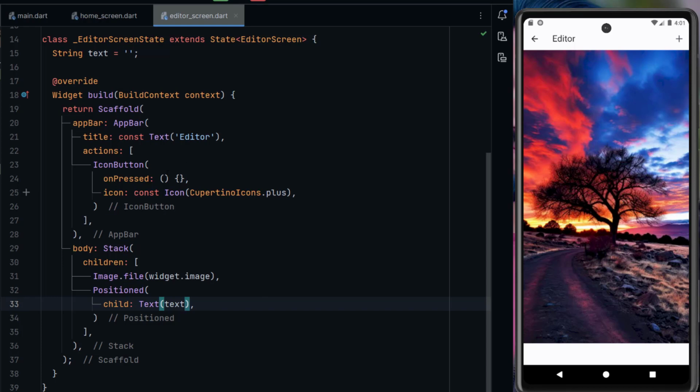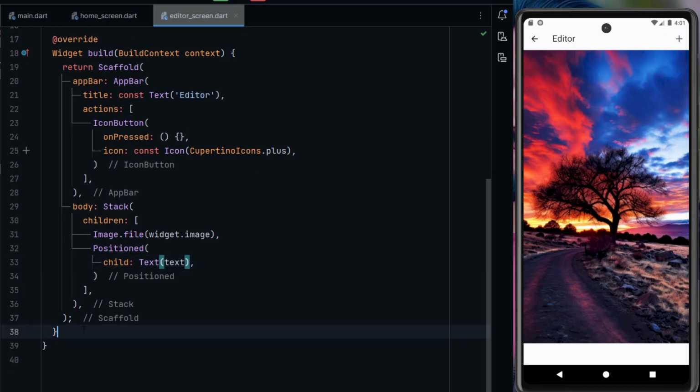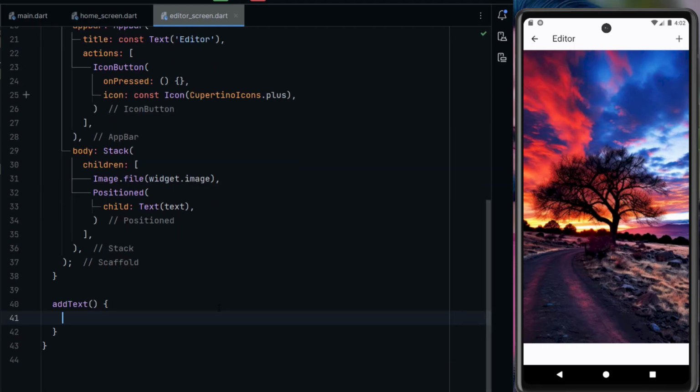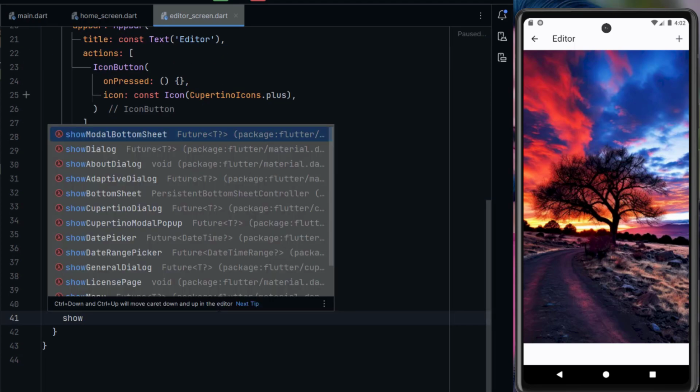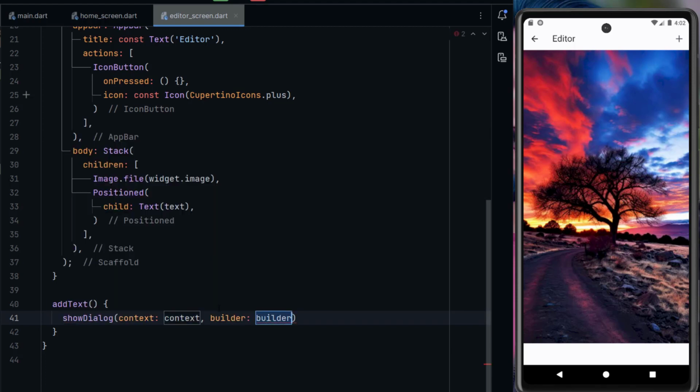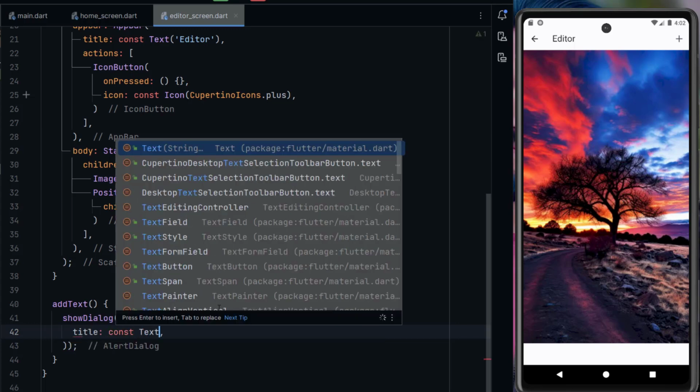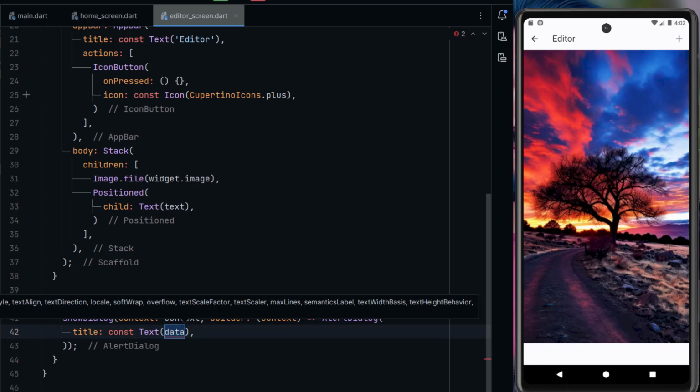Now let me create a function to add text. Here let me create the function addText. When the user presses this button addText, then we will show a dialog, AlertDialog, showDialog context, and here we will show AlertDialog. And inside AlertDialog let me use title. If you don't know how to show a dialog, you can see my previous tutorial. I already explained how to use AlertDialog. Its title will be Add Text,